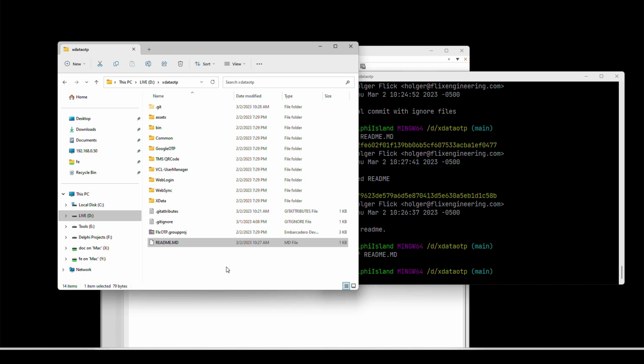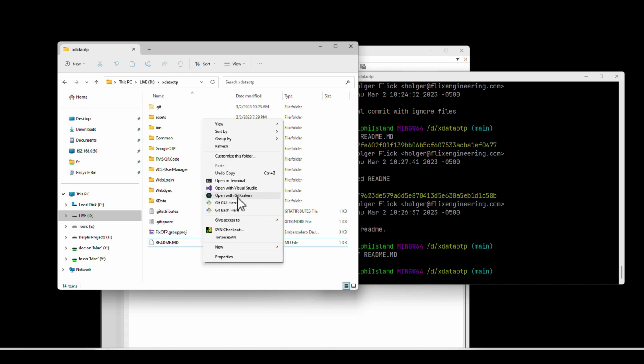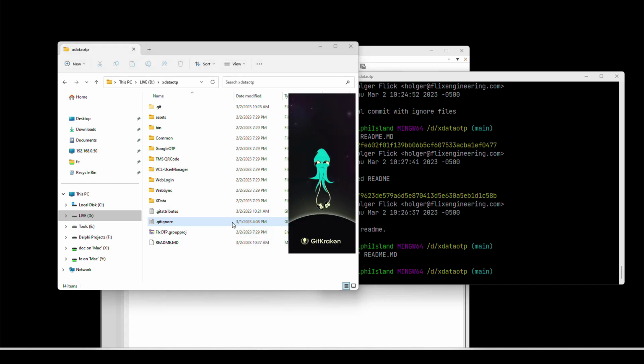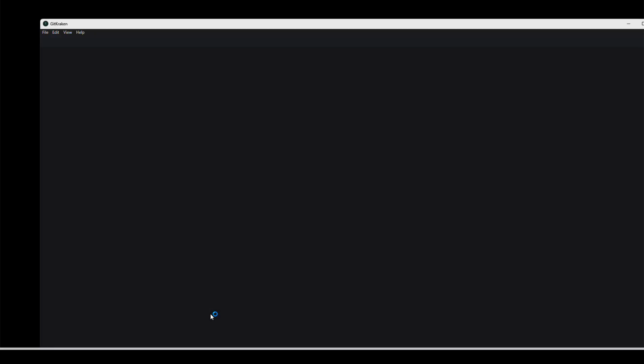For example, if I want to check something out on the host system that hosts the VM, it's also possible to use the same license. So license management with Gitkraken is bliss, and the price for a license is well below $100 for a year. So it's really not an issue if you do software development, for what you get out of it in the long term. So I right click here and I say open with Gitkraken. You can also start Gitkraken manually and then say, hey, which is the directory you want to open.